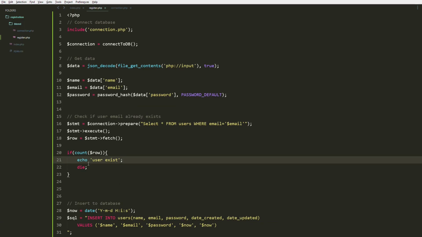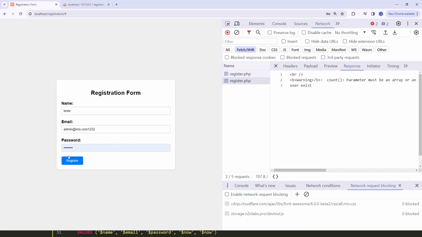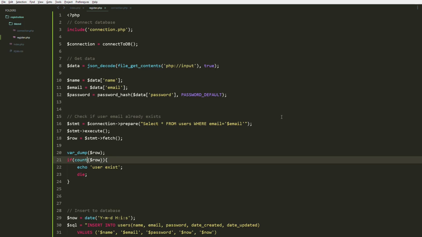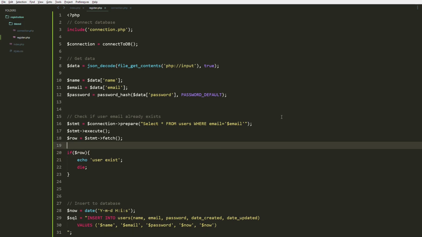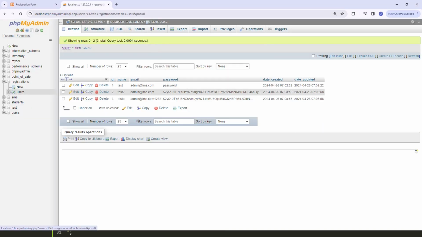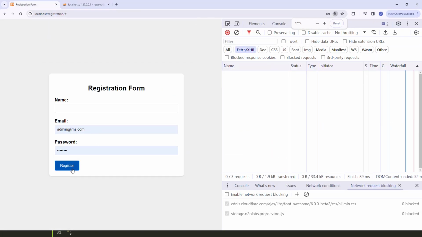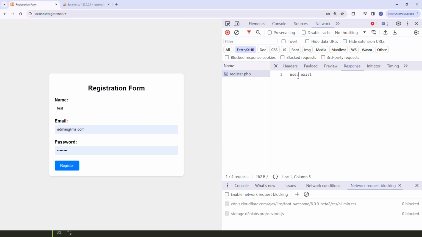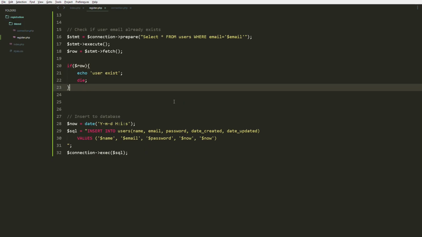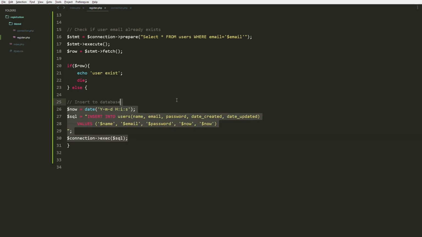So we have an error in our if. So let's try to dump the row, see if, so it should be a value. So actually we can just use if row instead of count. So if we refresh the database, you can see we have added that new user. So here we can do the else and move this inside,